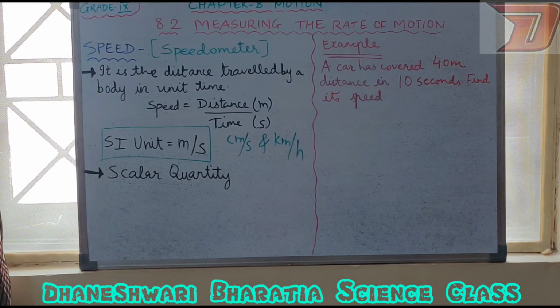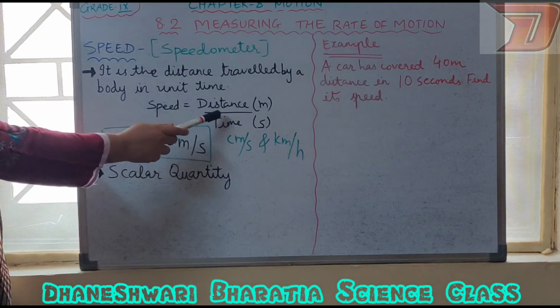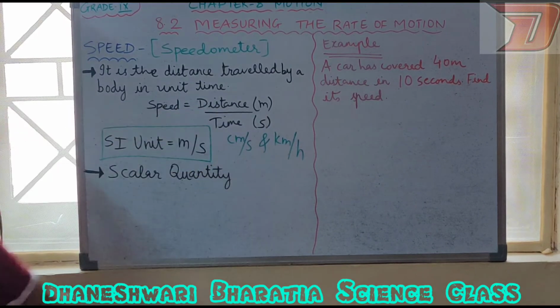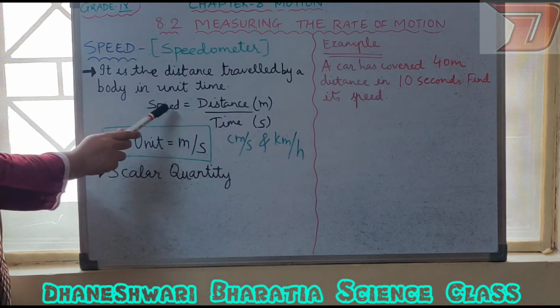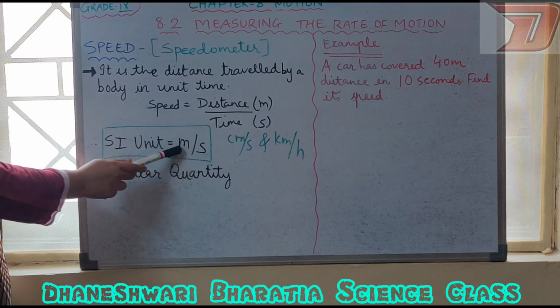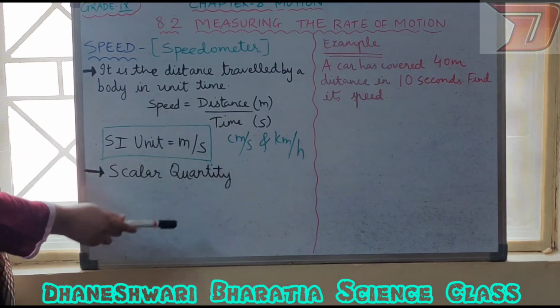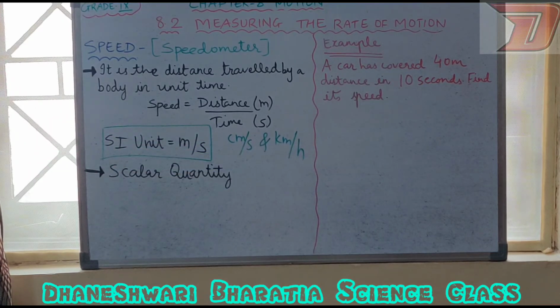Fine. Now for your reference, I have given you the definition of speed in the formula. Speed is nothing but distance upon time. When we talk about distance, its unit is meter, right? We have discussed in the earlier module also. And time is measured in second. So the unit of speed will be meter per second. That is the SI unit of speed. Please note it down. It is given in your textbook also. Along with this SI unit, some other units like centimeter per second and even kilometer per hour are used practically also.